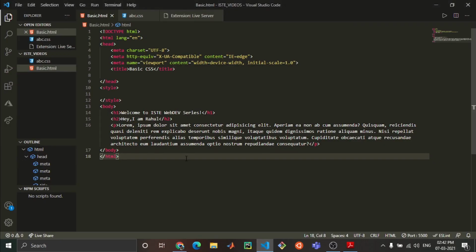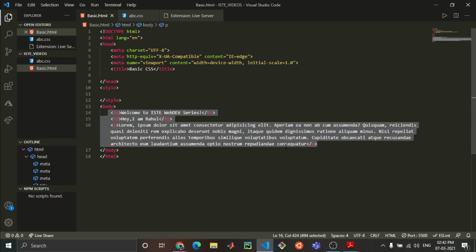Now I have given you the basic knowledge of the types of CSS: inline, internal, and external. Now we want to be able to change everything in our code, not just by styling one tag at a time. I have taken h1, h2, and p, just some seven to eight lines of code. But what if you are making a very big website, with many tags, many paragraphs, many containers, many heading tags, thousands of lines of code?